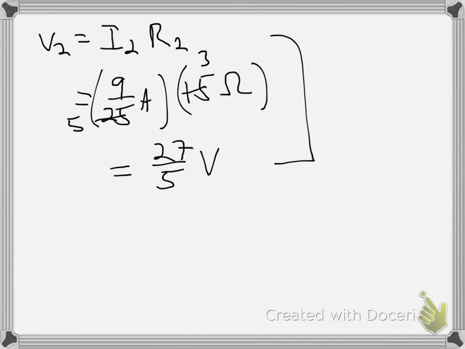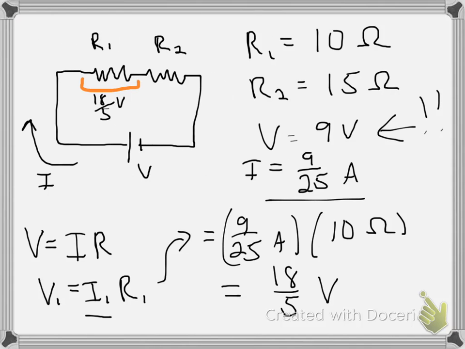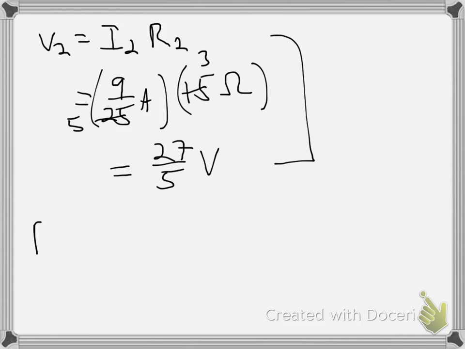Once we'd calculated the voltage drop across R1 as 18 over 5, if I know that all my voltage drops have to add up to equal my original voltage, then to calculate the voltage drop across R2, instead of plugging in the numbers here, which you absolutely can do, instead of doing all this mess, all you have to do